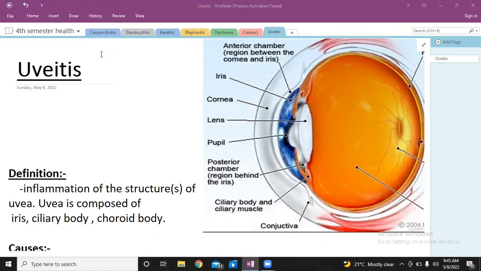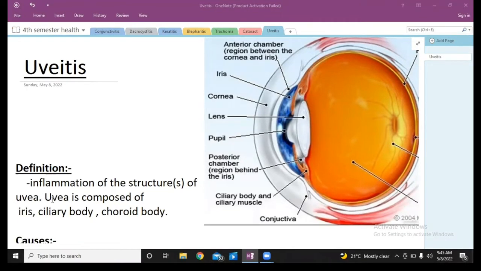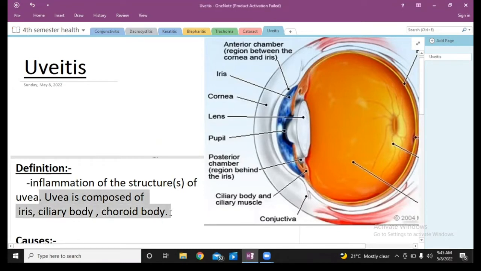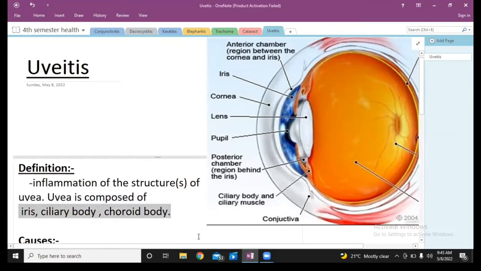Today we are going to discuss uveitis. Uveitis is the inflammation of the uvea, any structure of the uvea or the uvea as a whole. So what is uvea? Uvea is actually a single structure which is formed by the combination of three structures: iris, ciliary body or ciliary muscles, and choroid body or the choroid layer. These three things combine to form uvea, and whenever there is inflammation of any one of these structures, it